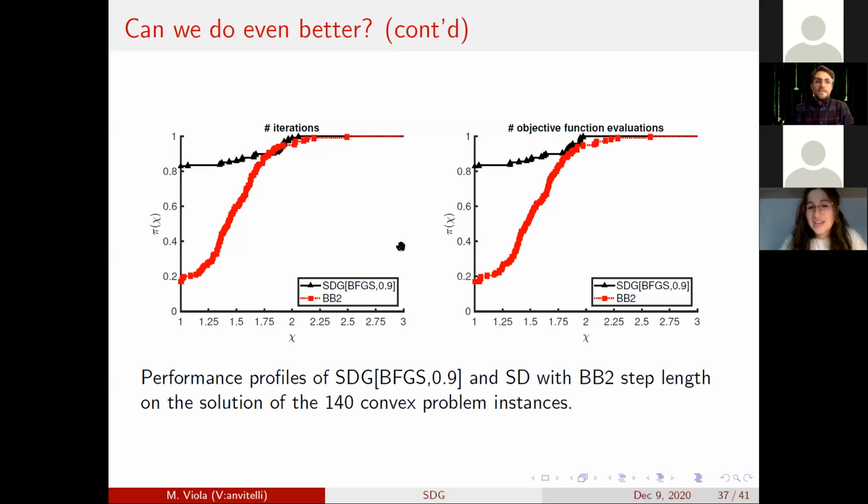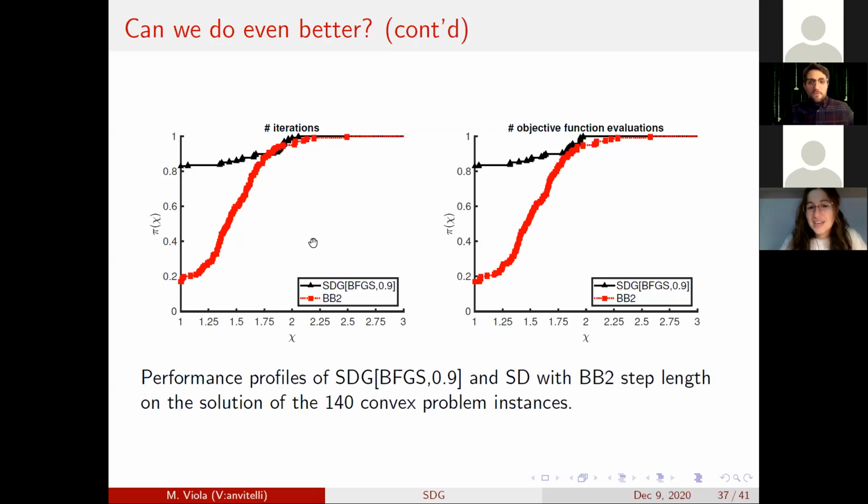Of course, this comparison may look unfair because, yes, we are comparing in terms of iteration and function evaluation 2 algorithms which are clearly different, because one is a first-order algorithm, the other one is a second-order algorithm. So each iteration is more costly. So maybe one would think that this only can work in this kind of setting, and in terms of time, we cannot outperform. But